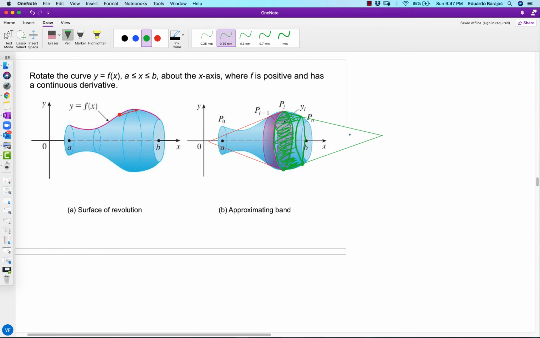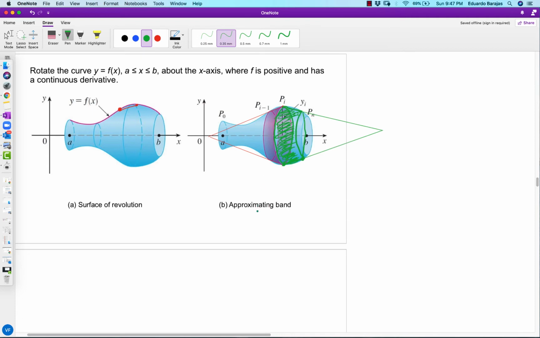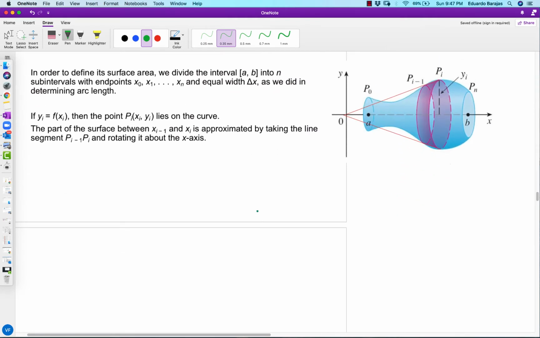Okay, so now let's spend some time clearly defining how we're going to create an equation to approximate this surface area using these little straight edge bands of cones. So in order to define its surface area, we're going to divide the interval from a to b into n subintervals with endpoints x sub 0, x sub 1, all the way out to x sub n. So in this image here, that would mean that the